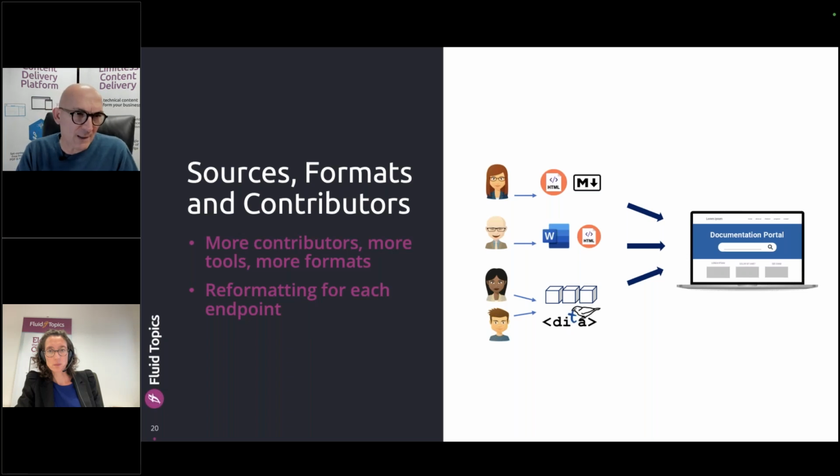So a third one, as I mentioned, which is putting more pressure on content delivery and the need of CDPs, and the idea of switching to something that is more robust, is the multiplication of sources and formats.